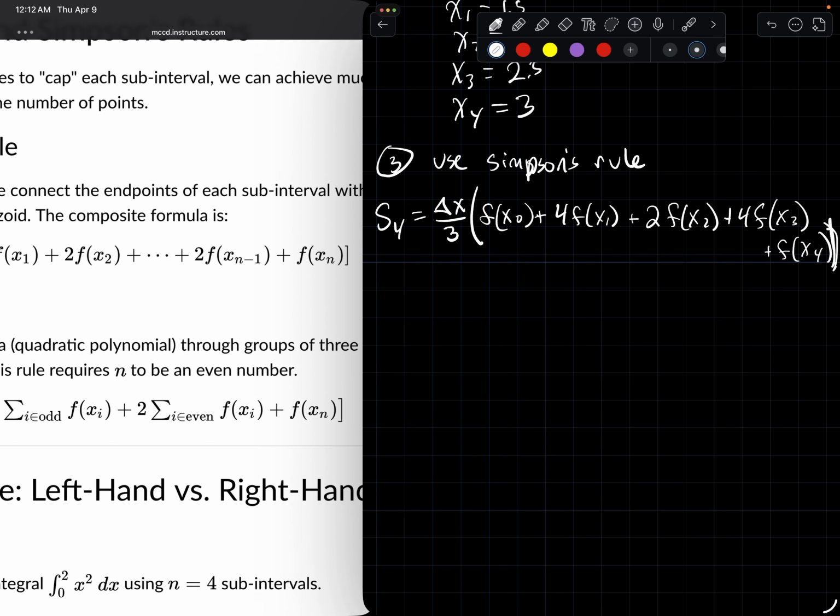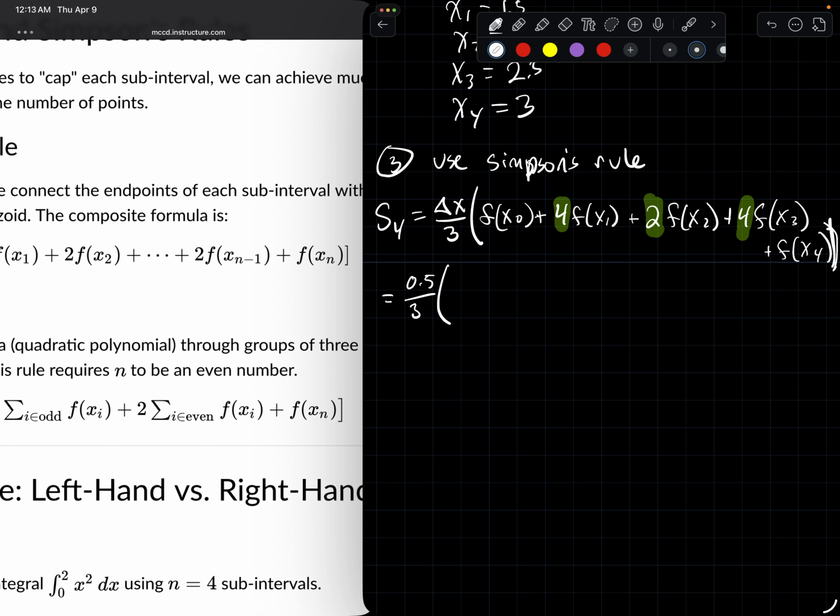So there you go. Again, the pattern here starts with the 4, and it goes 4, 2, 4, and that's as many as we have. So the first entry has a coefficient of 1, the last entry has a coefficient of 1, and in between it's 4, 2, 4. Okay, so when you work this out, the delta x was 0.5 over 3, and then